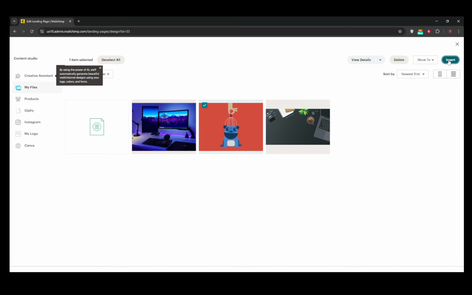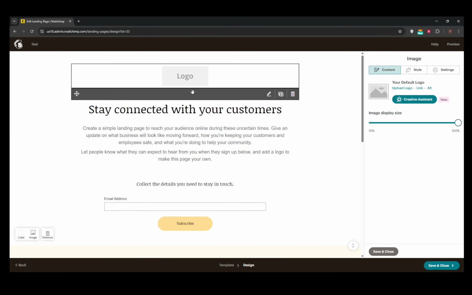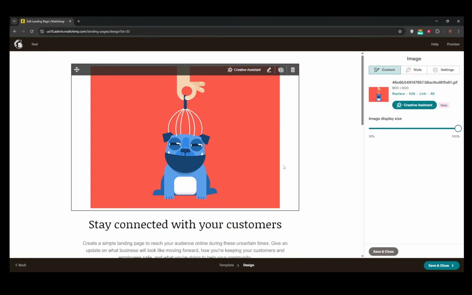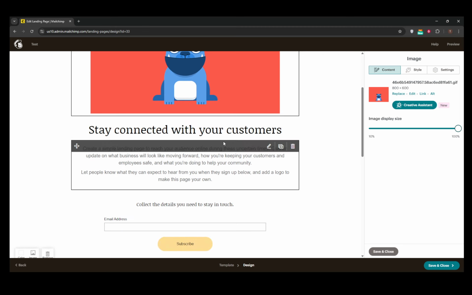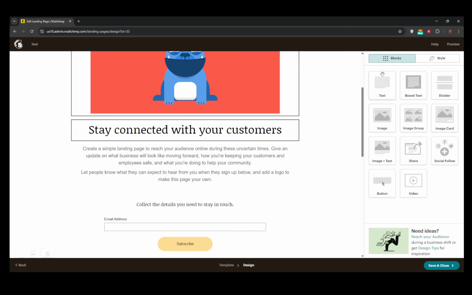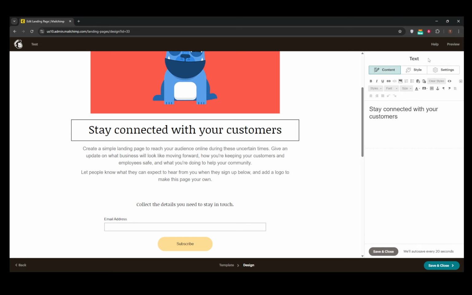And don't forget about buttons. Customize these to stand out and prompt users to take the desired action, whether it be subscribe, buy now, or learn more. As your page comes together, remember to pay attention to the finer details like editing the title, URL,